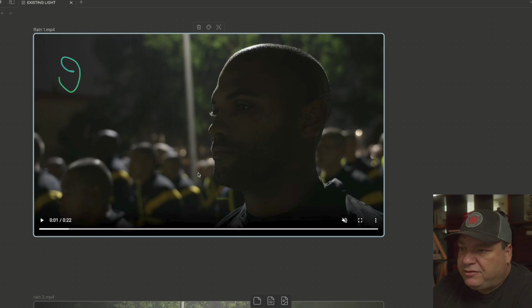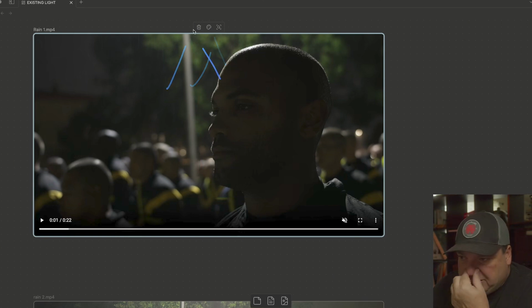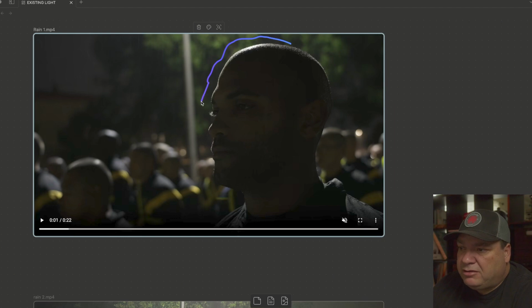So you can see obviously there's a lamp post here, and we had light coming down from the lamp post. It served us in two ways. First of all, you got this nice rim light on this guy, and then everybody else, their heads are all lit right here. And then the other thing is that it was raining, as you can see the raindrops coming down,